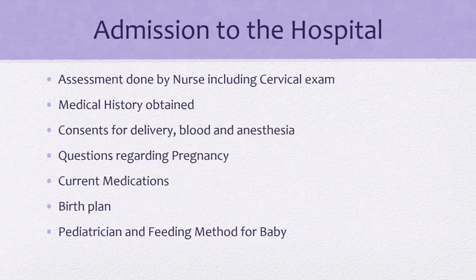Now, when you're admitted to the hospital, your assessment is going to be done by your nurse, including your cervical exam. We'll obtain a complete medical history from you. So we need basic medical history information as well as surgical history information. And then mom's family members. We don't need any information from dad. We do need mom's